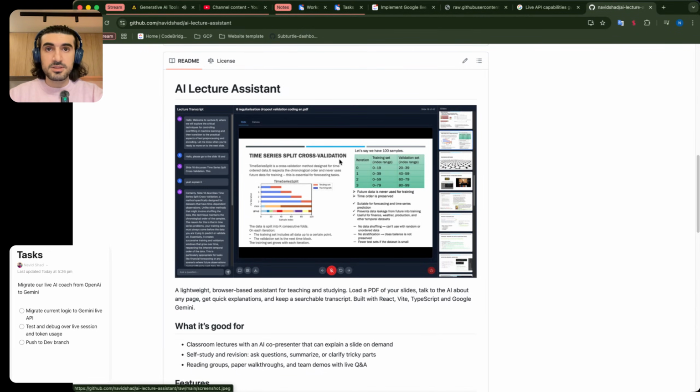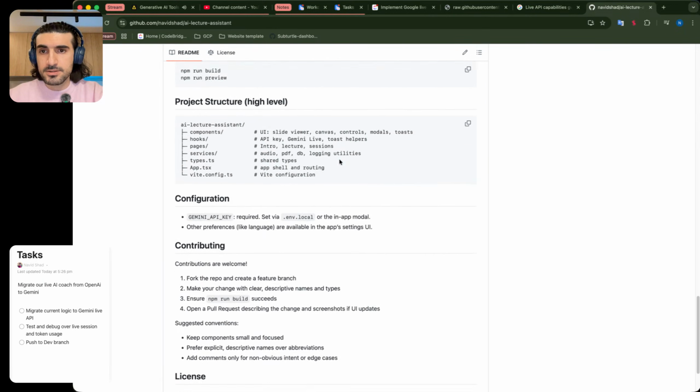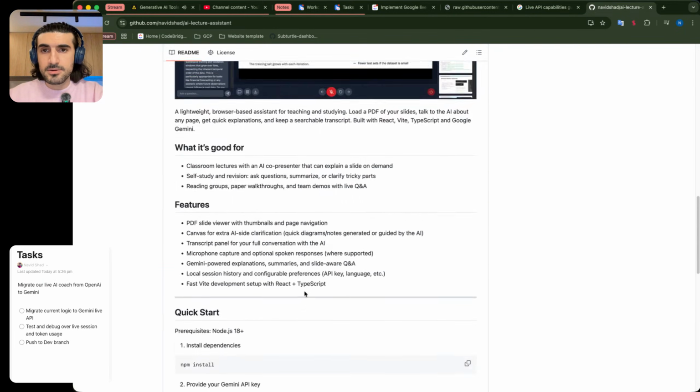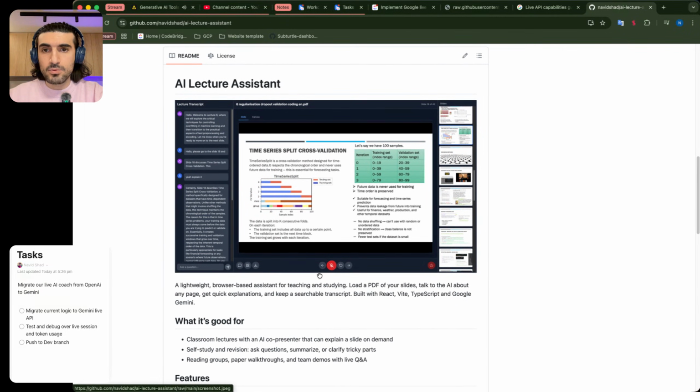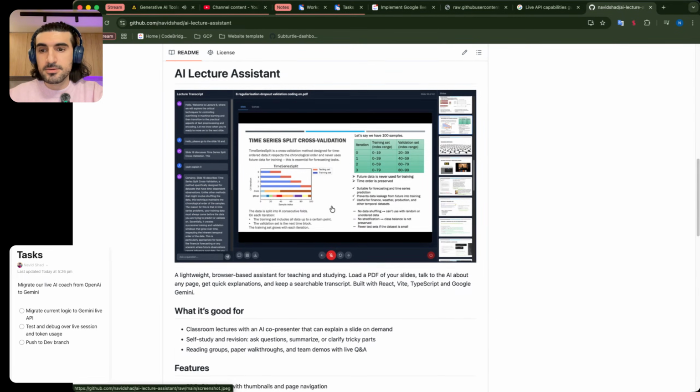It talks with me in different languages. It tracks the usage cost. It tracks many things, and yeah, this is a really robust experience that I had with the Gemini Live API,